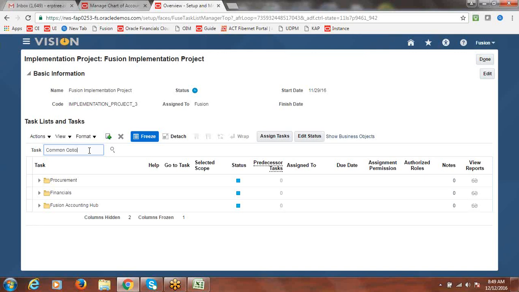Your task name is common options for payables and procurement. This much time it is taking.